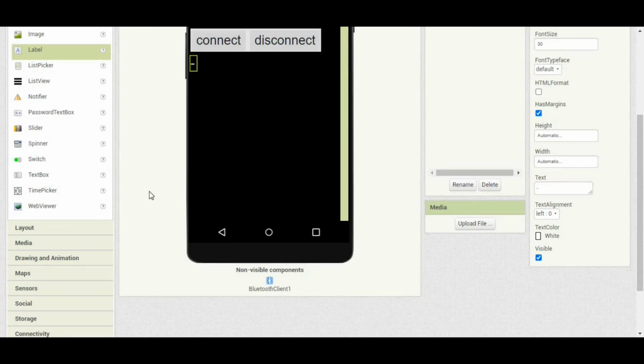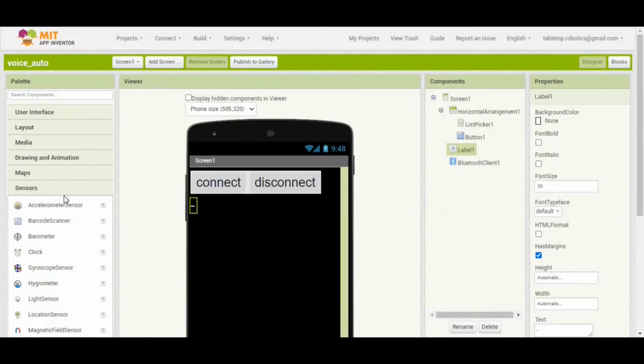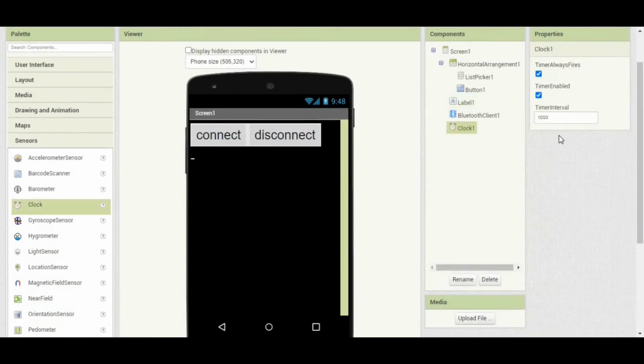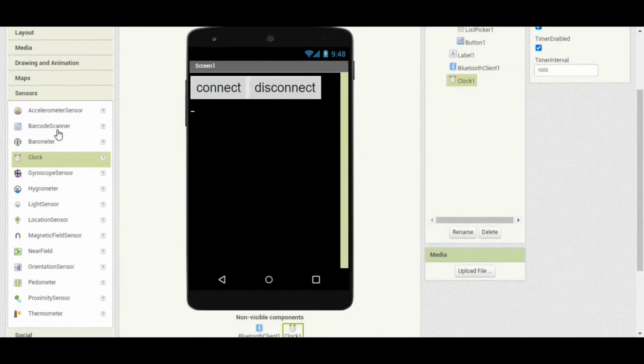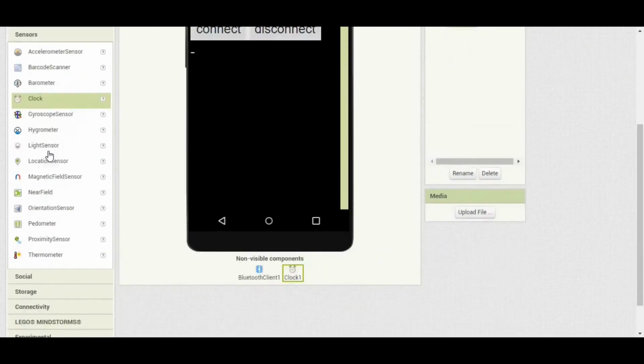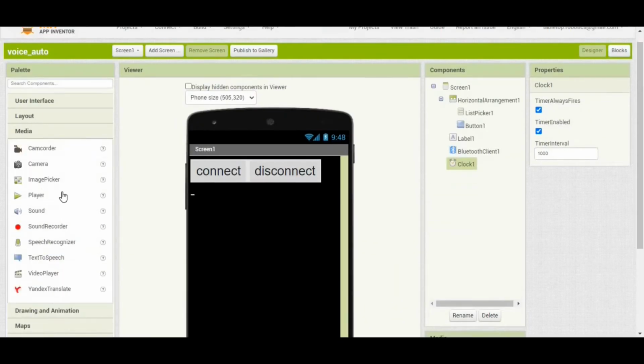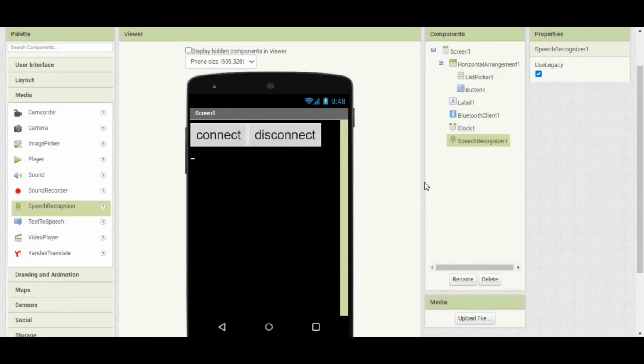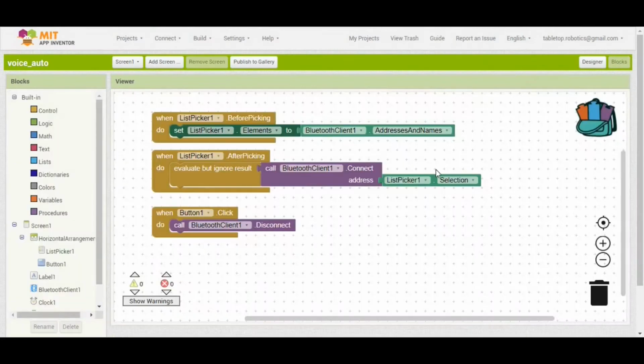So one more thing in Designer, we're going to add in sensors, we're going to add a clock. We're going to set that to 1 second, so 1000 milliseconds. And we're going to add in media, was that right there? Speech recognizer. Okay, so